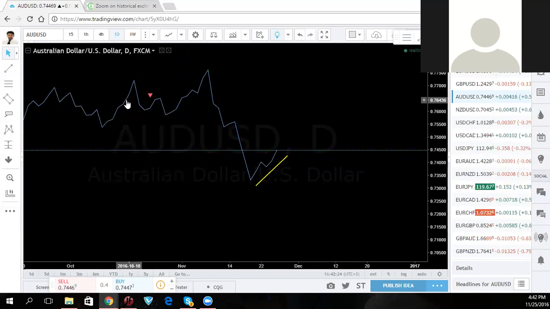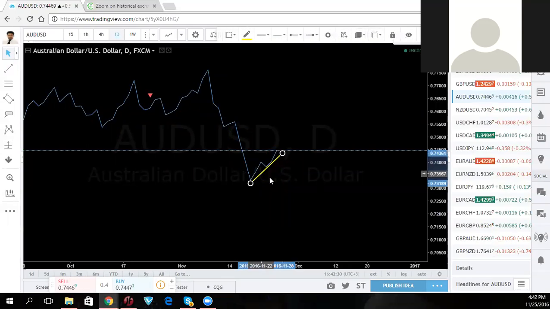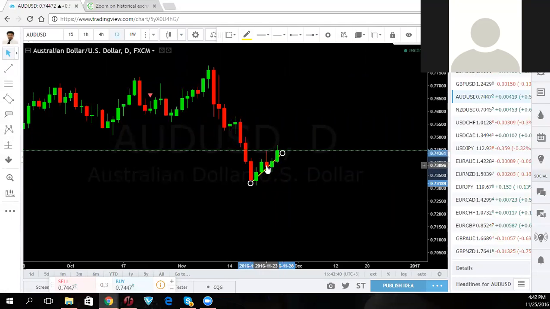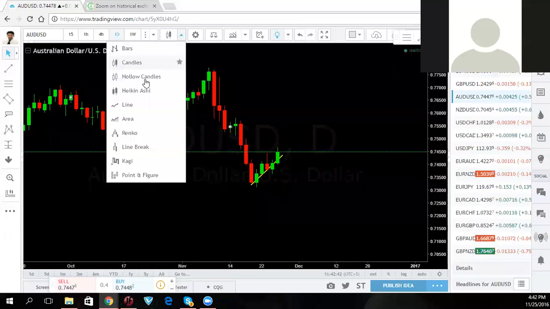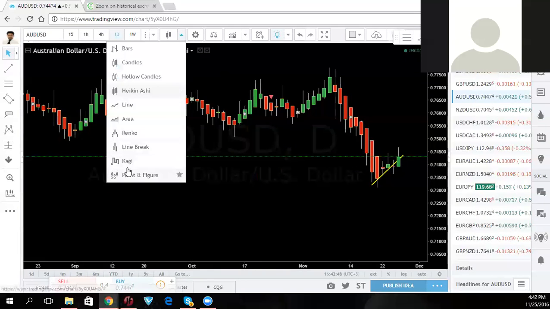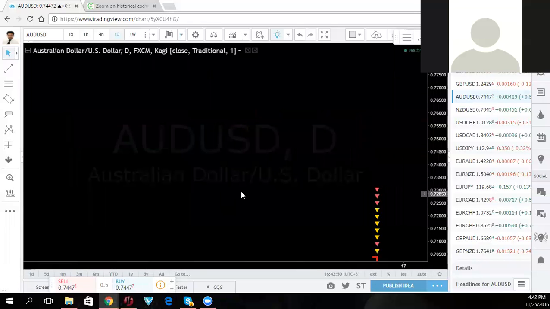Where is your pin bar? It's gone. But the structure still remains. You notice the structure is still here. You can trade that structure. Your pin bar is no longer there, but the structure is there. And that's because it's just the design you're trading. You could change that design to, I don't know, let's change it to Heikin-Ashi. Let's change it to another one. You can change the design to whatever you want, right?